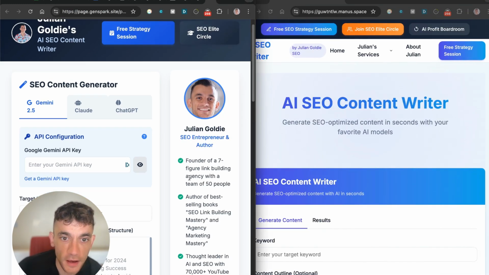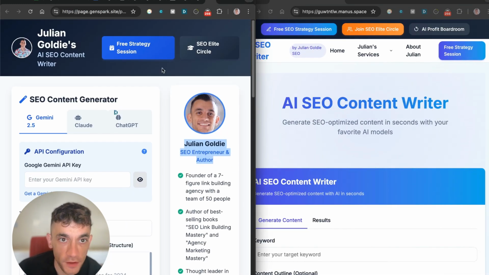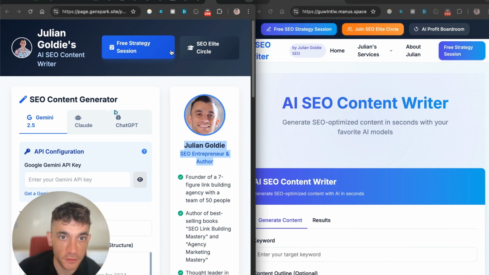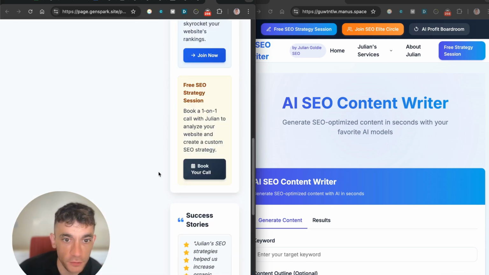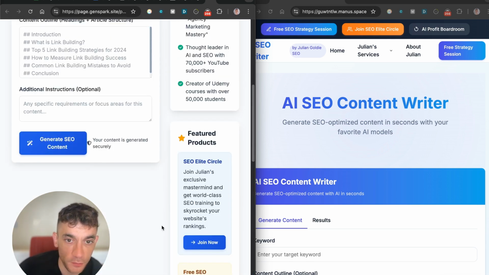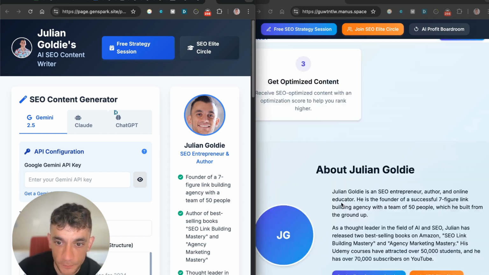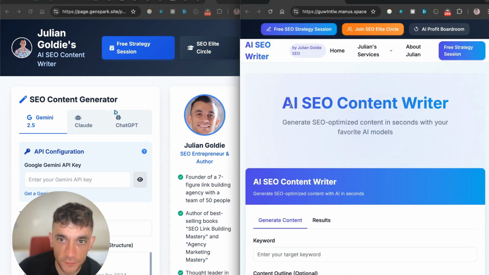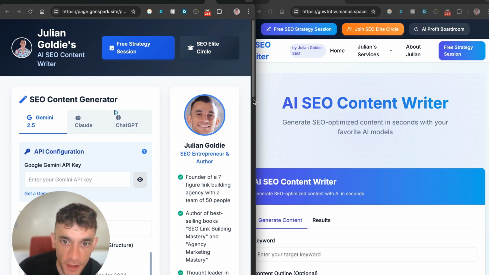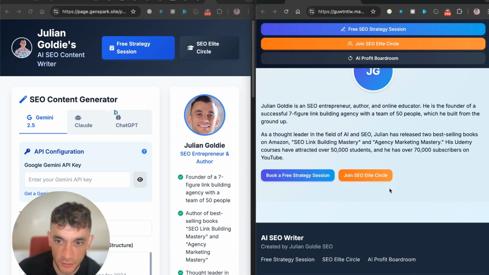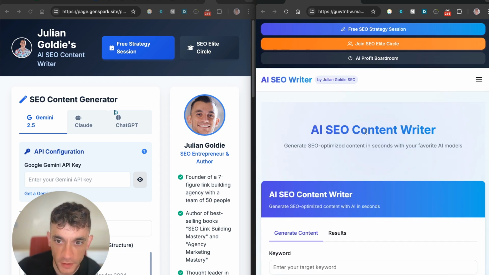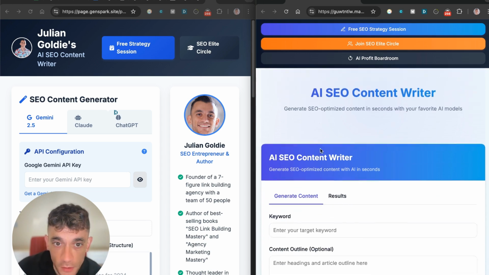All right. So you see how this is customized to me. It's got my face on there, etc. It still has the buttons at the top, which are very similar, but this just feels a lot more unique to me. It's got images of me, my face, etc. It's got nice little reviews inside there, links to my SEO Elite Circle, my featured products. Whereas this one, just from Manus, just feels a little bit more basic. I would say Genspark overall feels like a new generation of super agents, right? It's almost like Manus was a step behind, and Manus is still cool, still a powerful tool, but I think